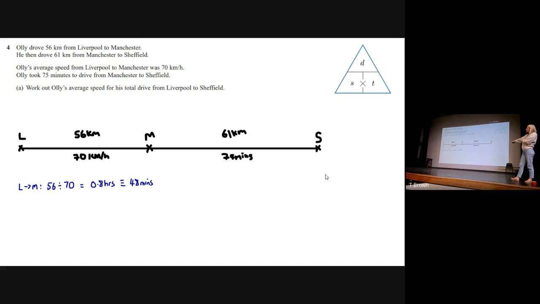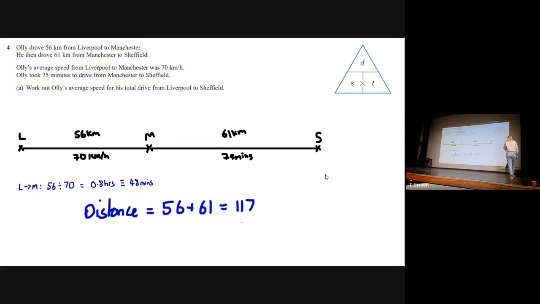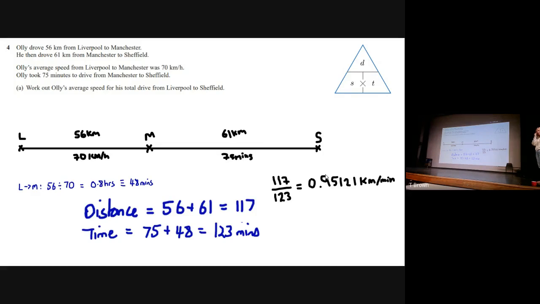Then we're going to do the total distance and the total time. And to get the average speed for his entire journey, we're going to take that distance and divide it by the time. So the total distance is adding together the two parts, 56 and 61. So altogether, he went 117 kilometres. The time, we now know, is 48 and 75. That's 123. I want the speed for his entire journey. So the total speed is going to be that distance divided by the time,